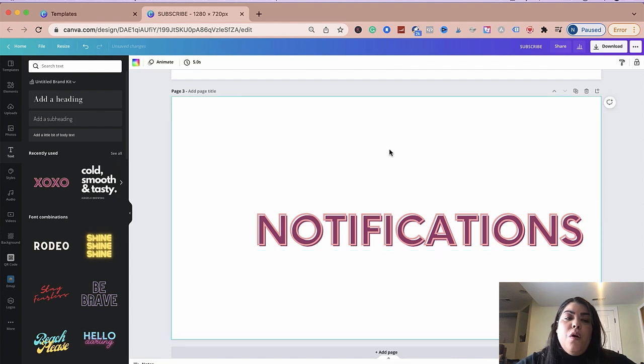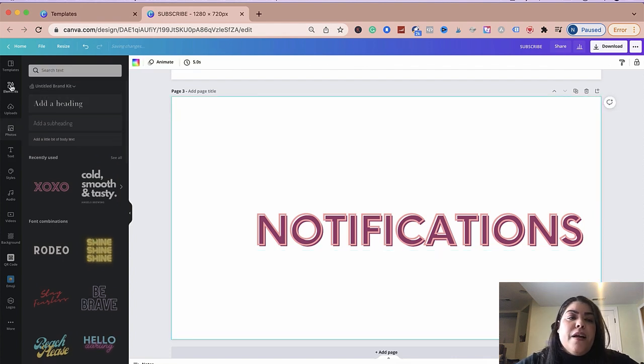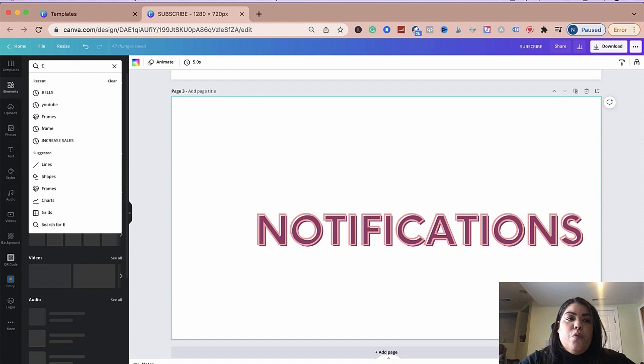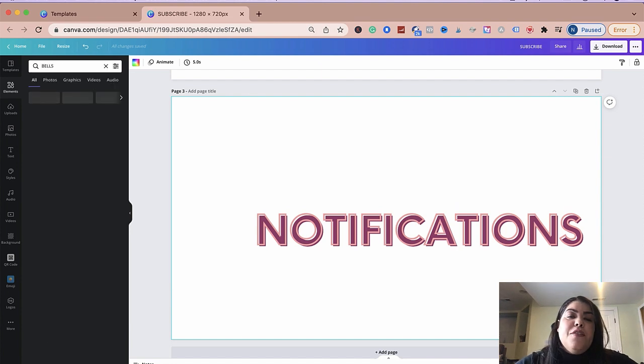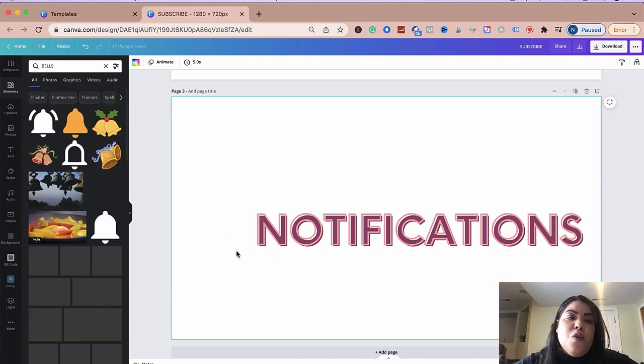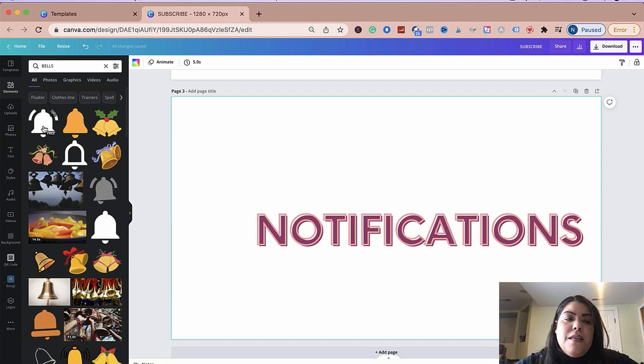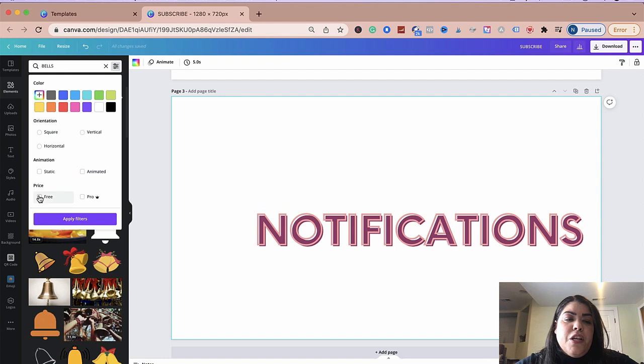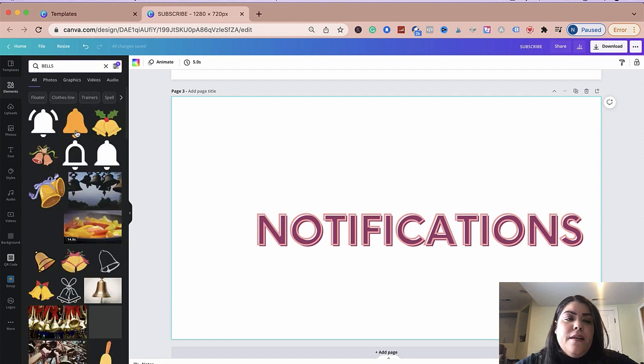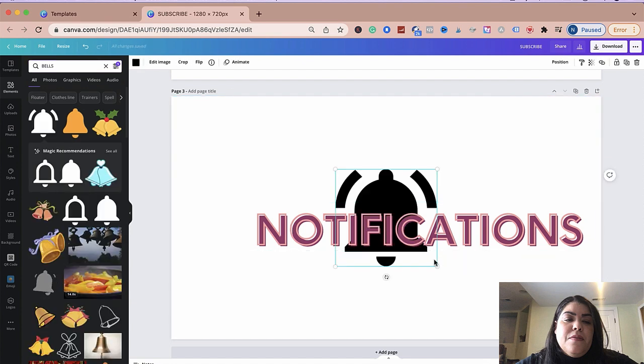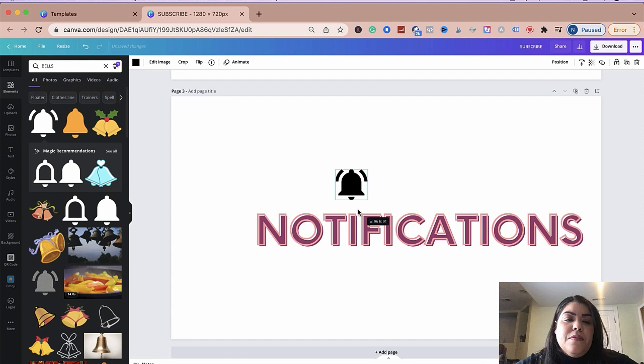And what you could do also as a fun way is go to elements and type in the word bells. And you can actually put a little bell right here if you wanted to as well. As you can see, they have all of these here. They do have some free ones, so let's check here in case you do have the free account. So as you can see, they do have some here. They have this animated one that moves, and then they have this one. So I'm going to pick this one here, and I'm going to put this little bell right over here,